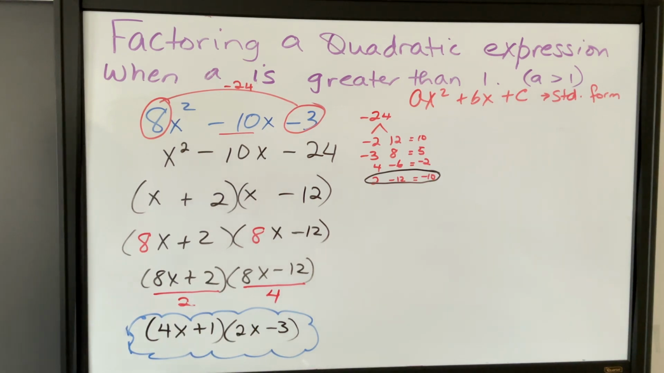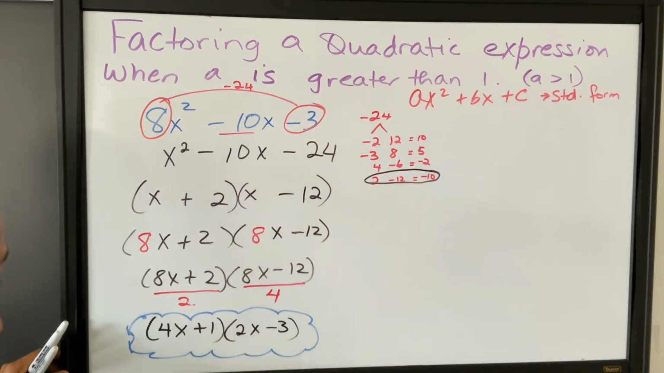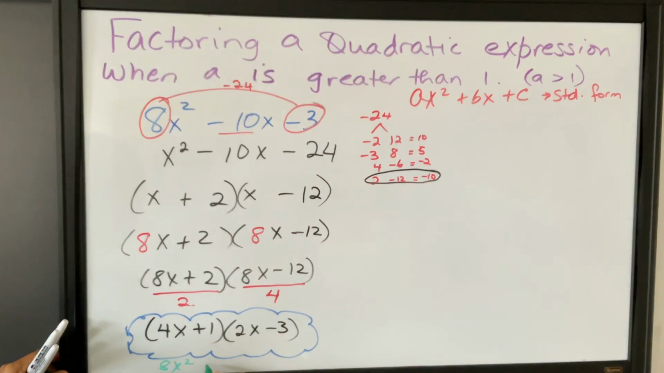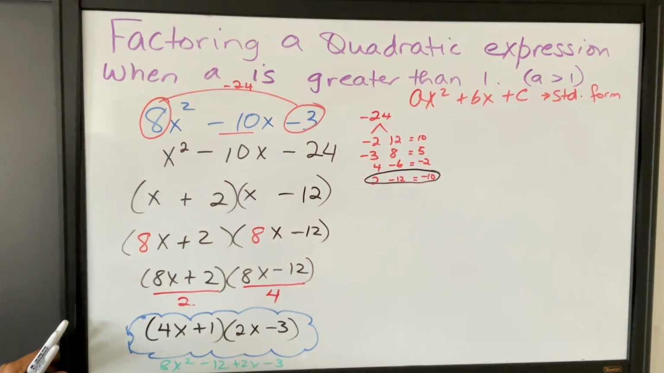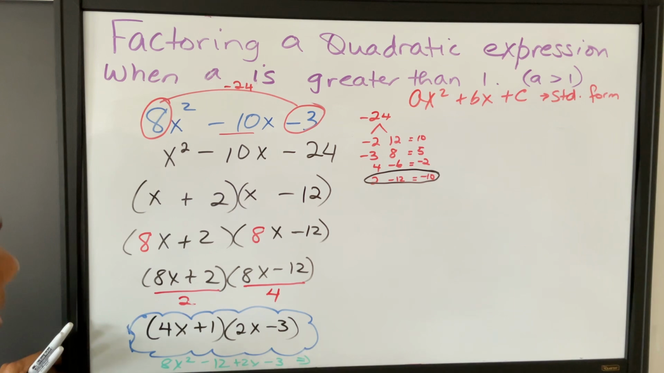And what you can do now, you can also check your work. I always tell students to check your work. So what you can do, check your work. 4x times 2x is going to be 8x squared, and 4x times negative 3 is going to be negative 12. 2 times 1 is going to be plus 2x, and 1 times negative 3 is going to be negative 3. Combine the like terms here with the negative